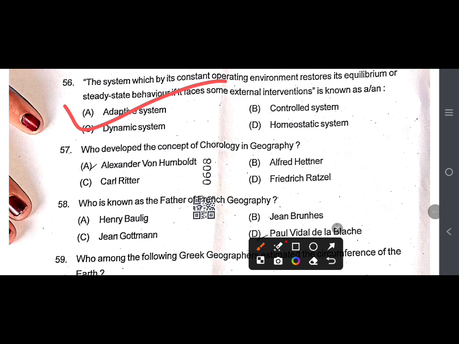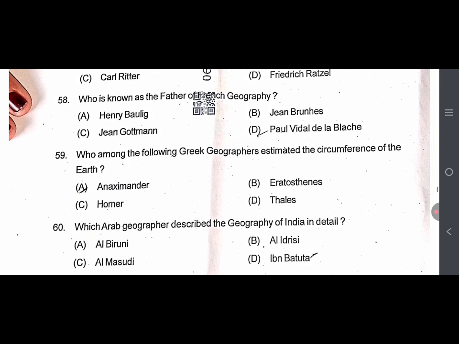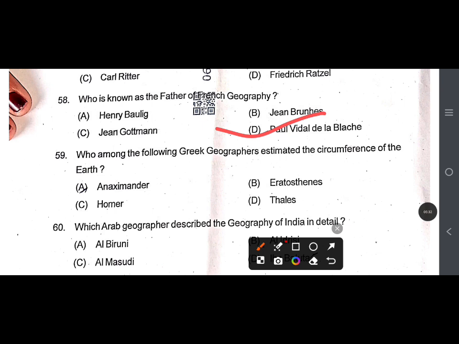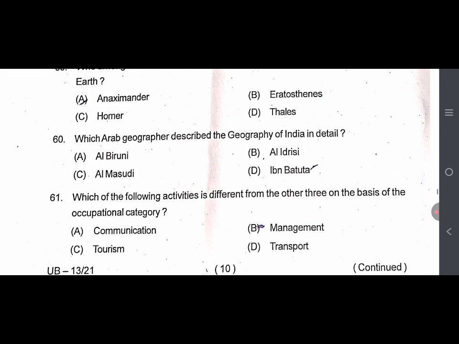57. Who developed the concept of chorology in geography? ठीक आंसर टी हबो ऑप्शन सी 58. Who was known as the father of the French geography? ठीक आंसर टी हबो Option D. Who among the following Greek geographers estimated the circumference of the earth? ठीक आंसर टी हबो ऑप्शन बी 60. Which Arab geographer described the geography of India in detail? ठीक आंसर टी हबो ऑप्शन ए